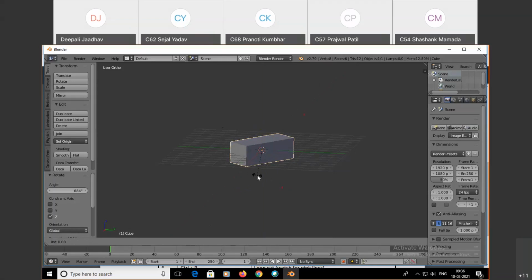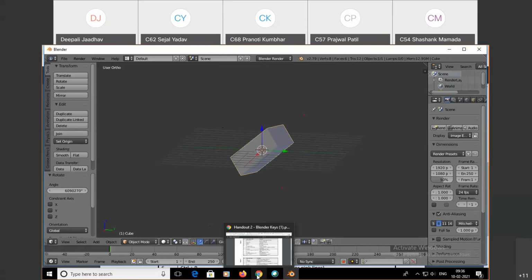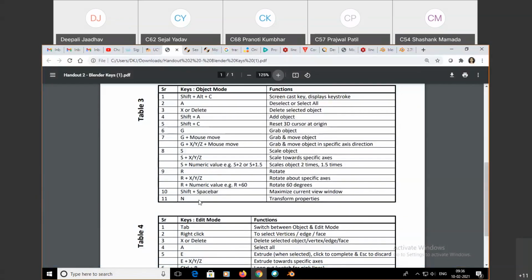Then rotate with 60 degrees, then 90 degrees, then 270 degrees. So in this way you can rotate it the required degree using the numpad, and N is the transform properties.